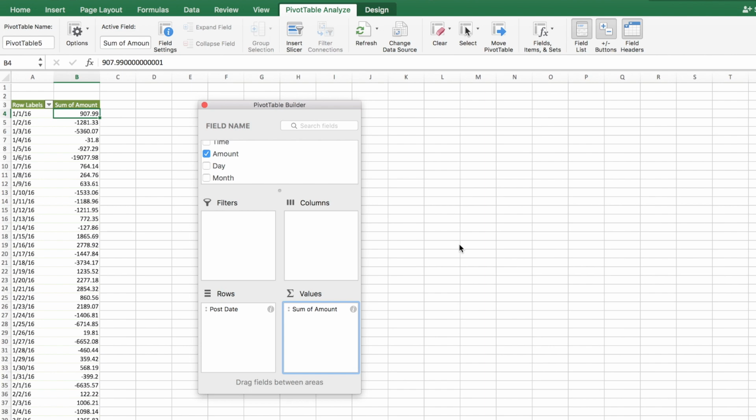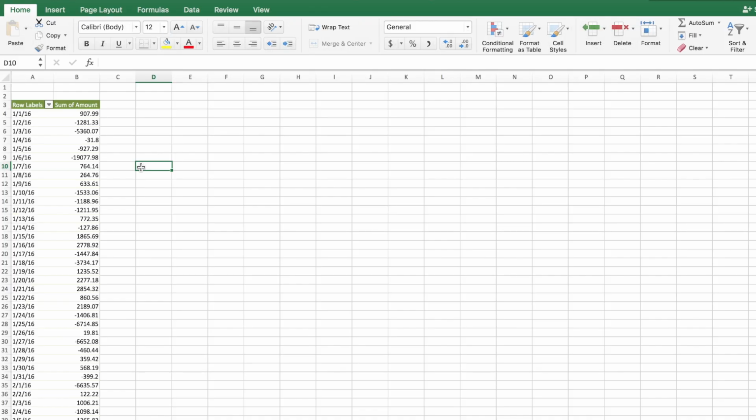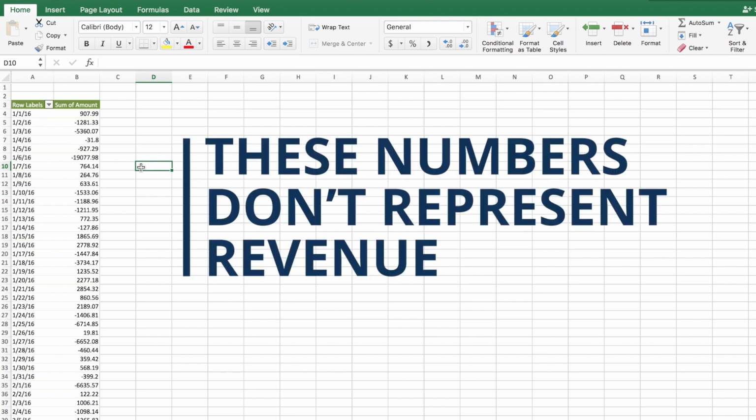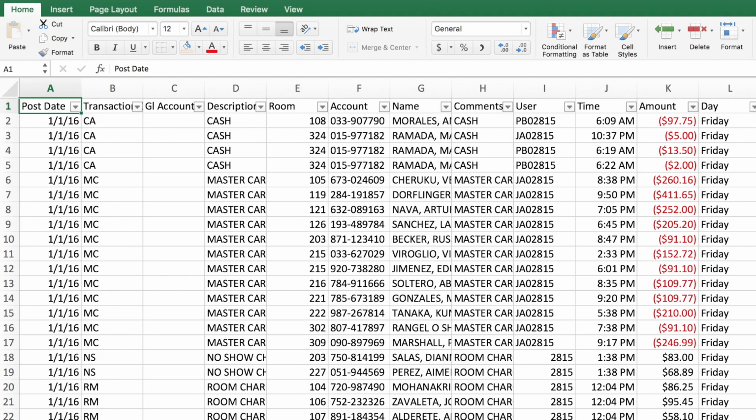And now we have the sum of, oh wait, how come we're seeing negative numbers here? Because we haven't filtered for just revenue. Even though we now are summing the numbers, and that's correct, these values are still not accurate because they don't represent the actual revenue. The numbers that you see here are also adding up other irrelevant transactions, and we do